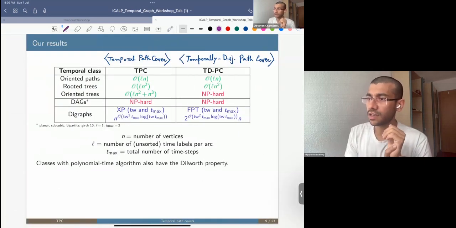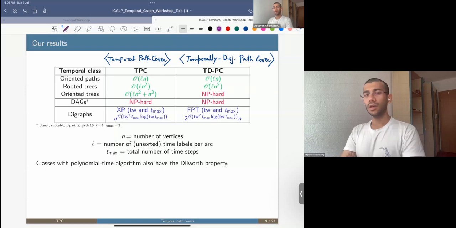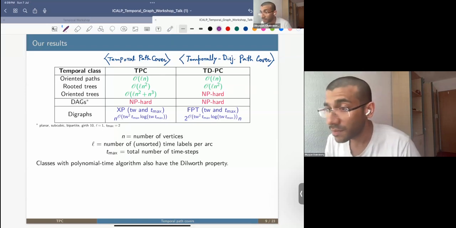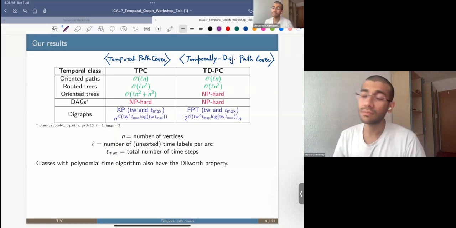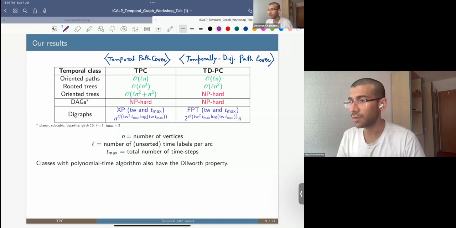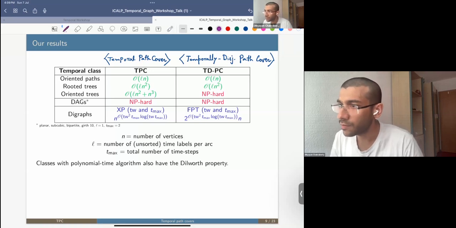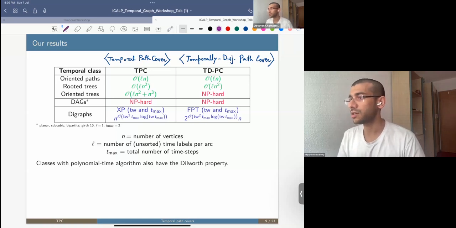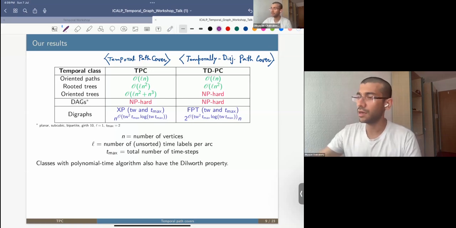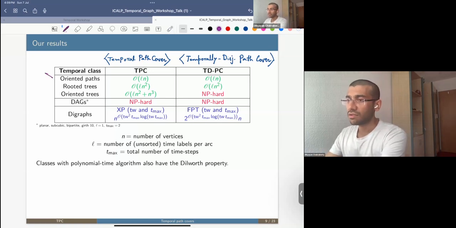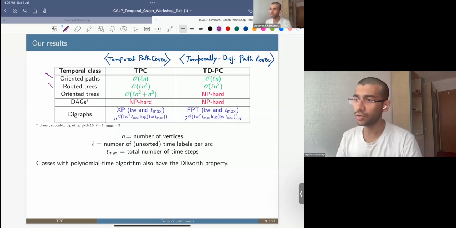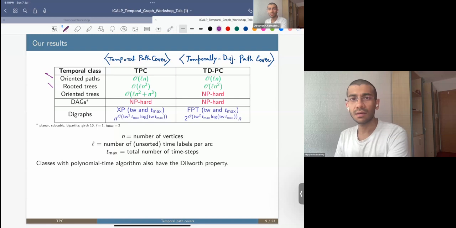And here is a summary of our result. If the temporal DAG is oriented paths or rooted trees, then you can solve both this temporal path cover and temporally disjoint path cover in polynomial time. These are not so difficult to do, but when it comes to oriented trees,